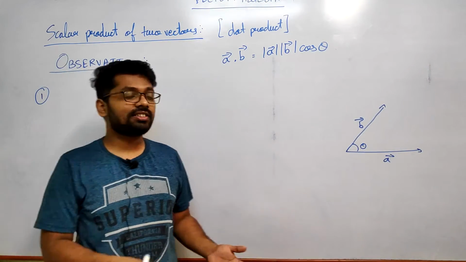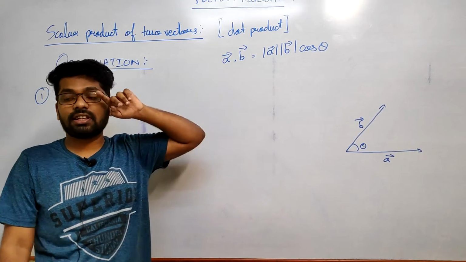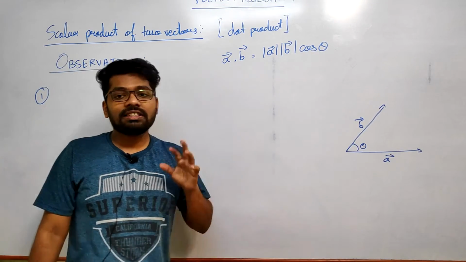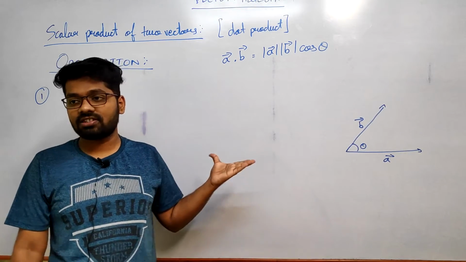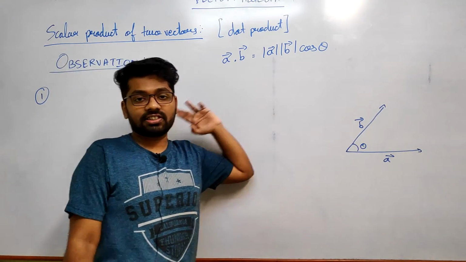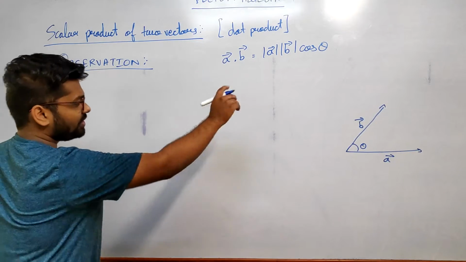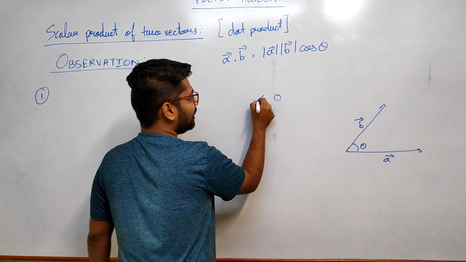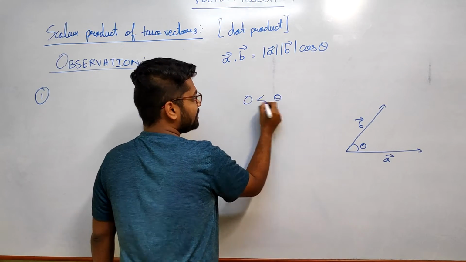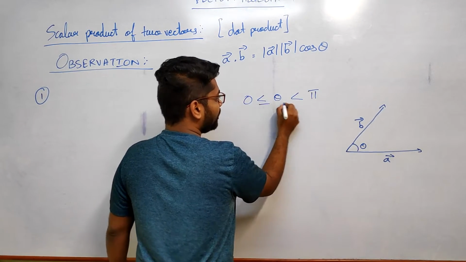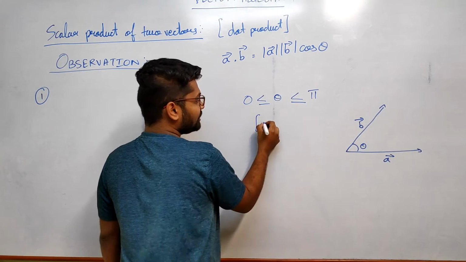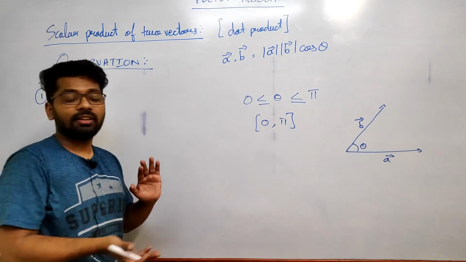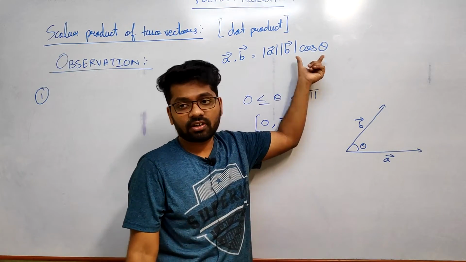Okay, now let us analyze this definition whatever we have got, that is a bar dot b bar is equal to modulus of a bar modulus of b bar cos theta, and since we have got the special cases for cos theta, it means you will be getting special cases for all of them. Now just I'll clarify one more thing here. This theta lies between 0 and pi. This is a closed interval, so theta lies between 0 to pi, because the principal value of cos theta is 0 to pi.